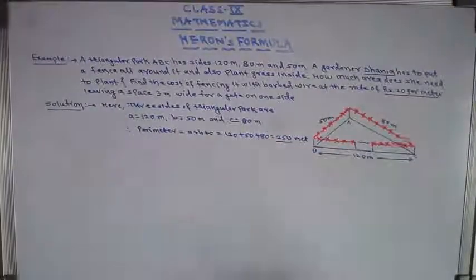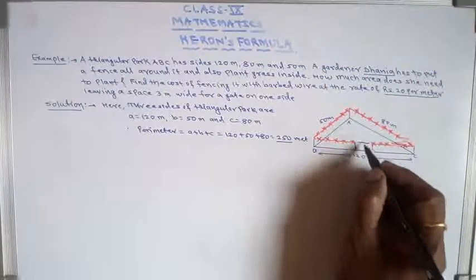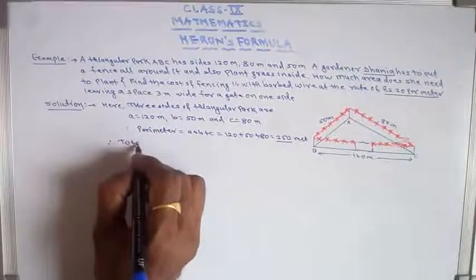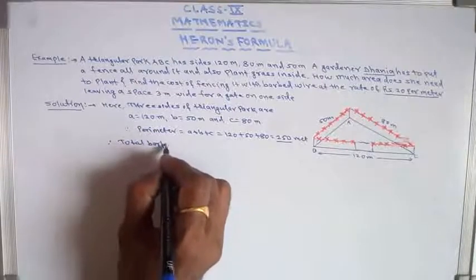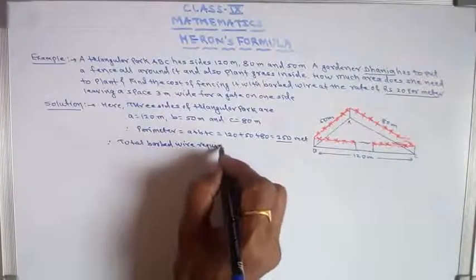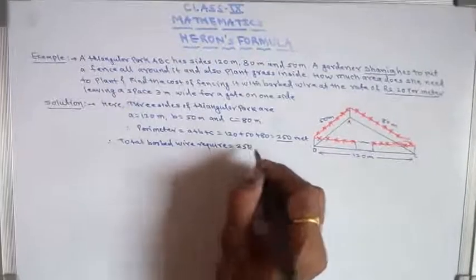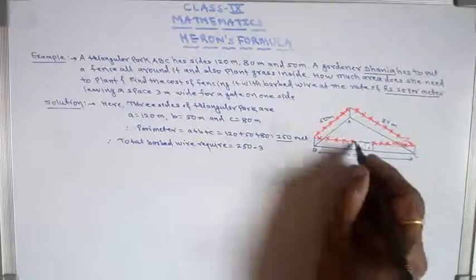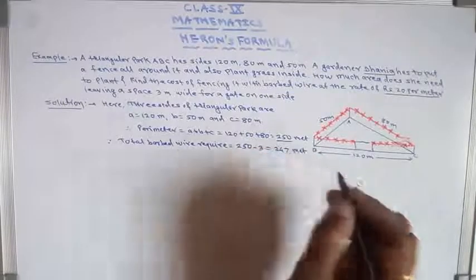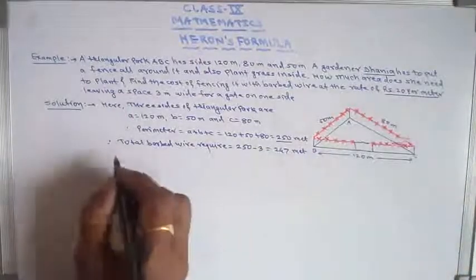So perimeter is 250, but she wants to leave 3 meter wide gap for to make a gate. Therefore total barbed wire require कितना होगा, 250 माइनस 3 मीटर, इस गेट के लिए छोड़ दो तो ये होगा 247 मीटर, इतना उसको बार्ब्ड वायर चाहिए। अभी 1 मीटर बार्ब्ड वायर 20 रुपये का,